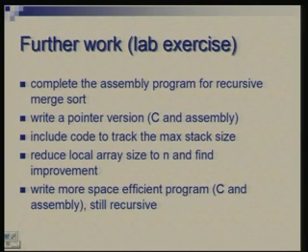Finally, you can rewrite this function so that you do not need to create so many arrays. You can restructure, and it is possible that the space you use is only proportional to the data size.